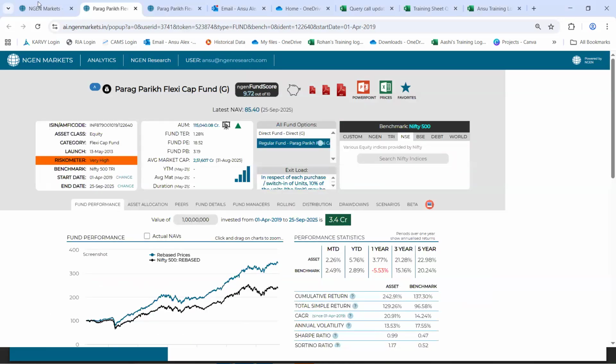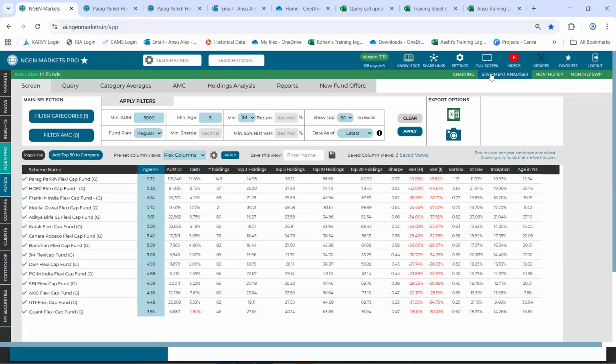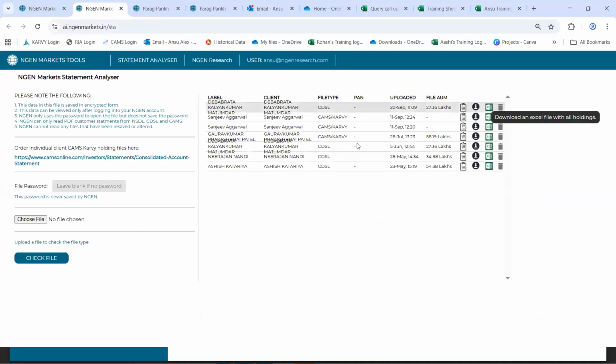Right, there's also another question in the chat box. How do we upload a CAS file? So we have a statement analyzer feature on the top right hand side. This is a section wherein you can upload CAS files from NSDL, CDSL or CAMS. You simply click on choose file, put in the file password and click on check file, post which you're supposed to click on an option called proceed and save file.